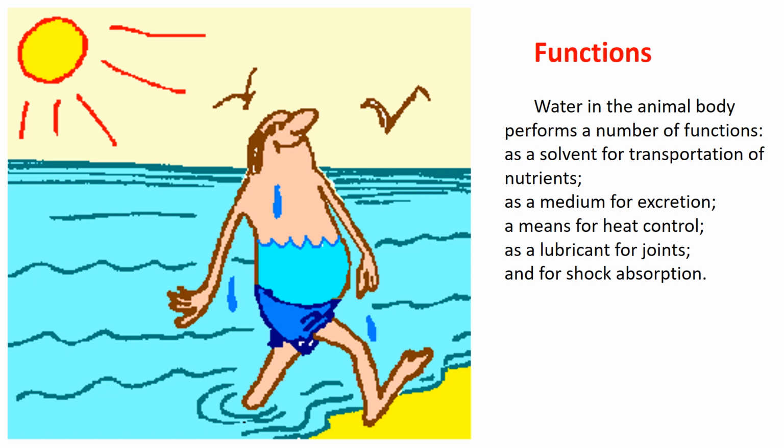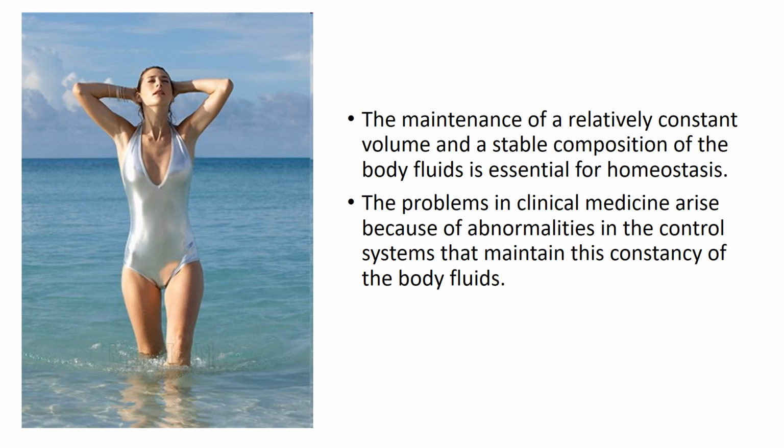Functions. Water in the animal body performs a number of functions: as a solvent for transportation of nutrients, as a medium for excretion, a means for heat control, as a lubricant for joints, and for shock absorption. The maintenance of a relatively constant volume and a stable composition of the body fluids is essential for homeostasis. The problems in clinical medicine arise because of abnormalities in the control systems that maintain this constancy